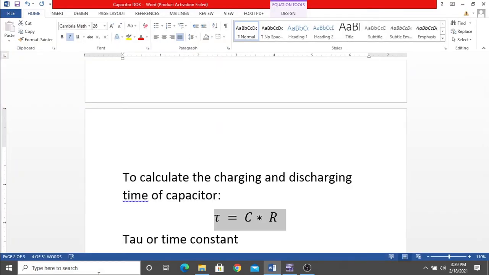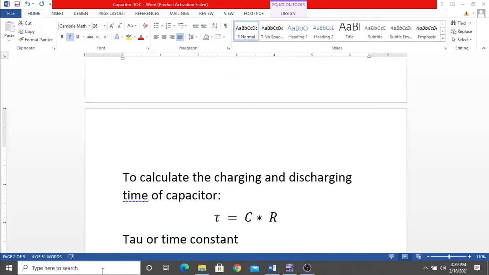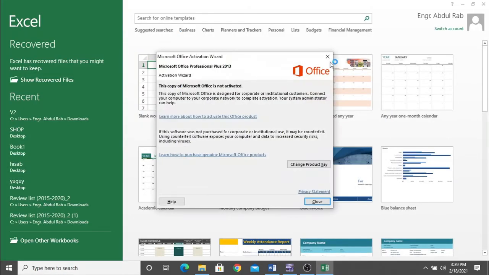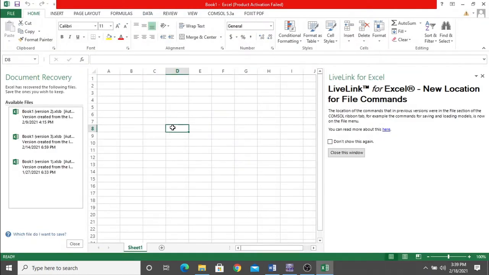Okay, we are going to use an Excel file for our calculation purpose. If you don't have a calculator, don't worry, you can use Excel. Okay, so we are writing it down here as resistor, capacitor, time constant. So the value of resistor is 10 kilo ohm.